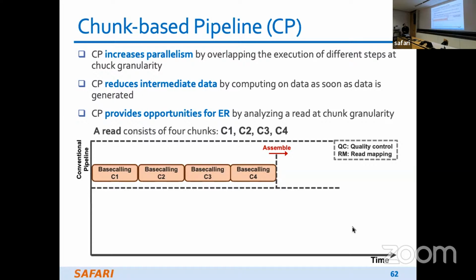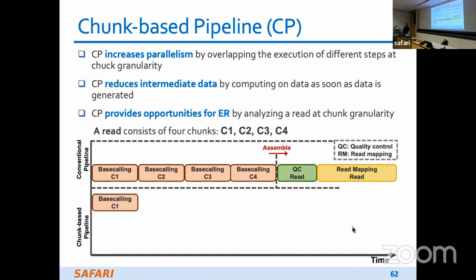And then once you base call the entire signal, then you start your analysis, which is maybe quality control and then the read mapping, right? Using the entire base call data. But then what you could essentially do is that after you perform your initial base calling, you don't have to wait for, let's say, the entire base calling process to finish. Rather, you can start your partial computation that you'll do here and here immediately